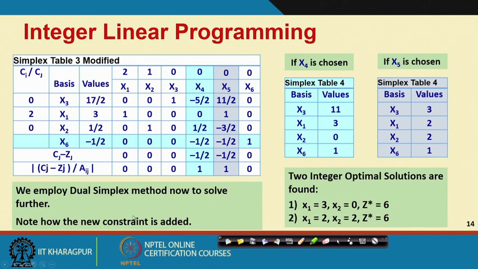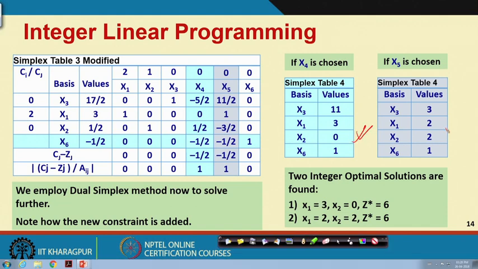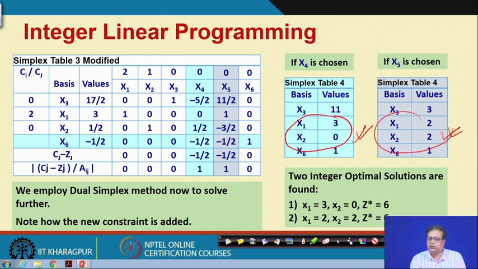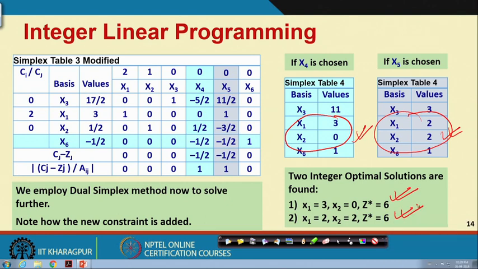When you solve by dual simplex, the good thing is at this point we find the integer solutions, right. We find the integer solutions and there is a tie in the entering variable, right. Depending on which one you choose following the dual simplex, we find these are the two solutions, right. This is one and this is one, and look here, in this solution and this solution we have got the two integer optimal solutions.